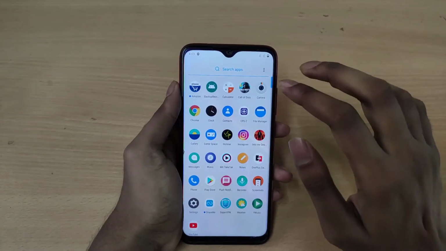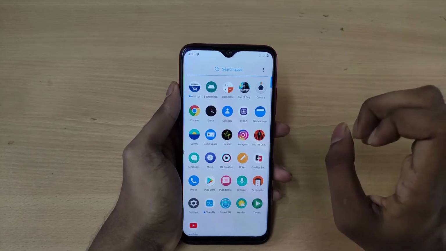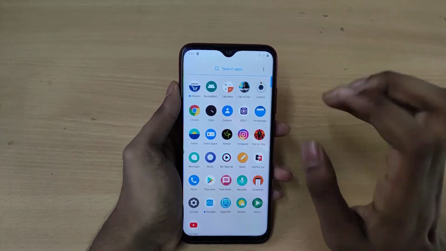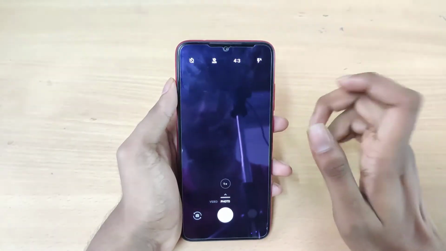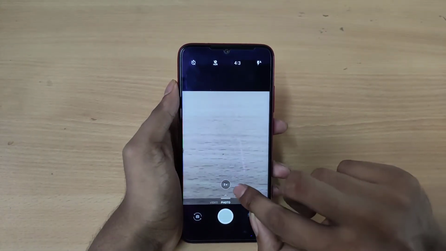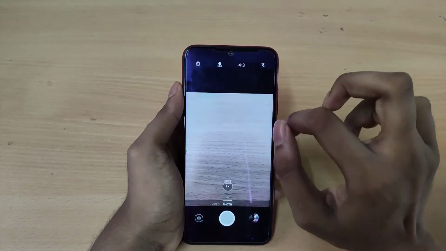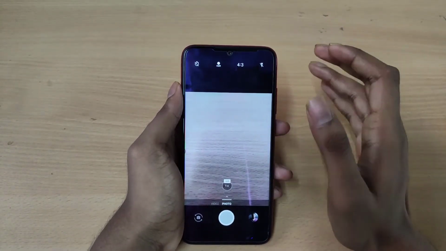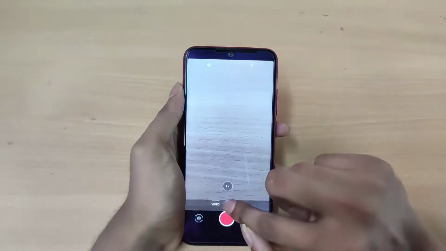Here as you can see, these are some of the apps. You will get camera, clock, OnePlus Switch, gallery, game space. Let's check out the camera, and this is the basic OnePlus camera. Here you will get the option for 2x zoom. You will also get HDR. You don't have the option to choose between auto and regular HDR. So that's on the video.